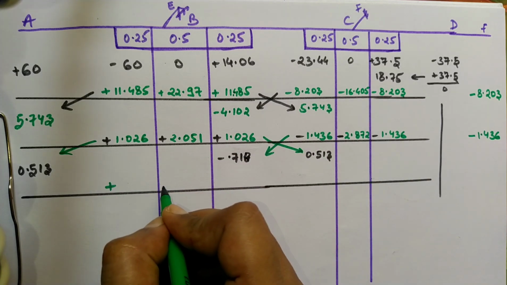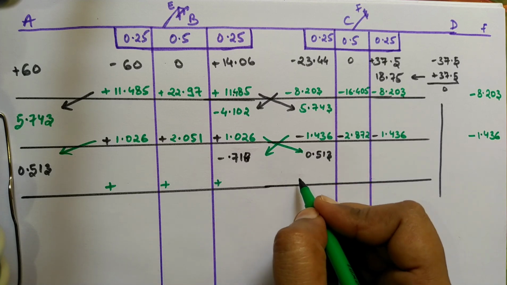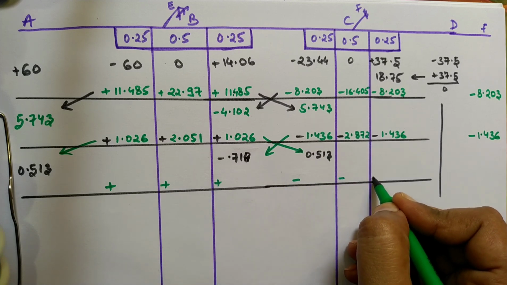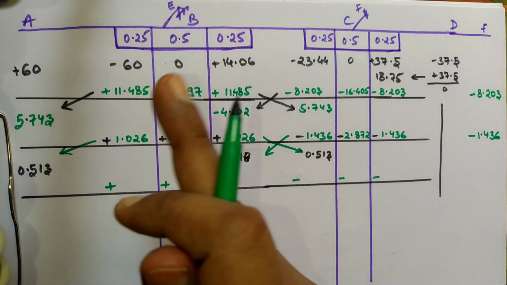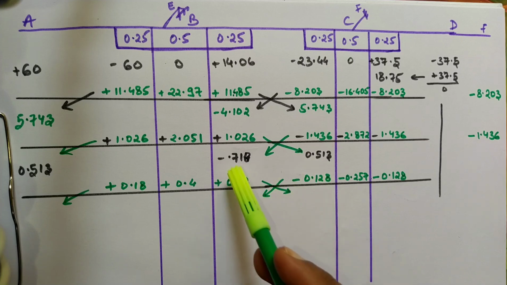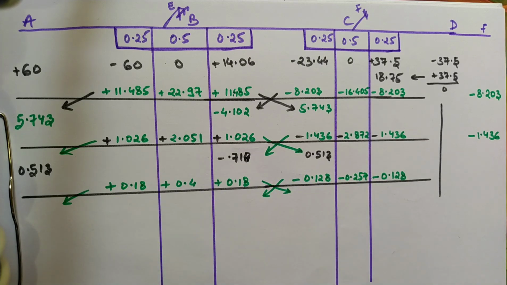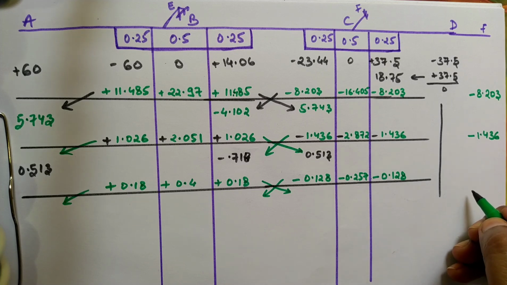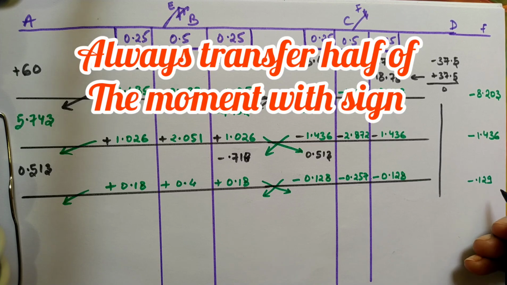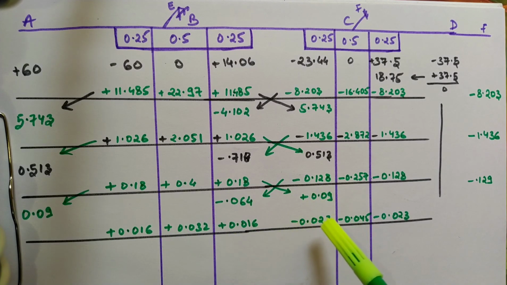Now this one is negative, I am writing positive here, positive positive. This one is positive, I will be writing negative. So now we'll be multiplying this with the df and we'll be writing it here. Again one more cycle, we'll be practicing the same thing. df से multiply किया और फिर हमने distribute किया to the neighboring member. और ये CF वाला with the sign, आपको जब distribute करना है आपको sign change नहीं करना, just divided by 2 and distribute. Divided by 2 distribute.